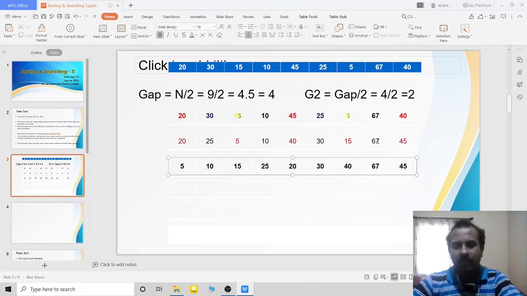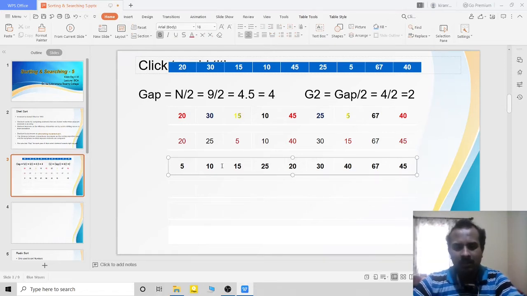Please be careful because let us say that I have 7 here, only 7. That time 7 is exchanged with the 30. It is not exchanged with the 40. 7 is exchanged with the 30. And again, when the 7 gets updated here, 7 will be updated with the 25, not with the 20. And next here 7 will get updated with the 10, not with the 15. So it depends on the gap. 1, 2, 1, 2, 1, 2, like that. It depends on the gap.